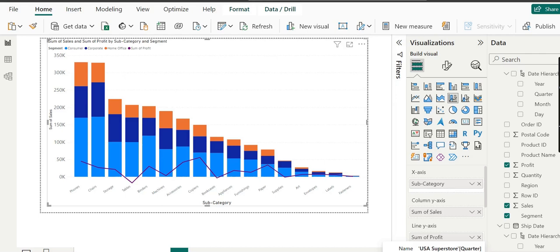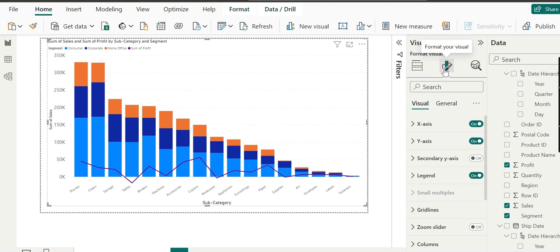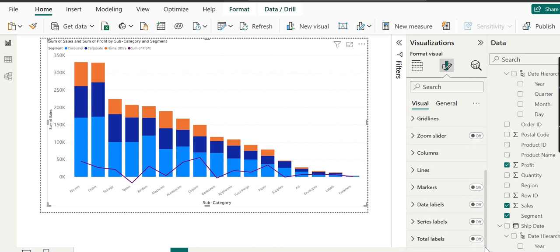In this demo, we will continue with stacked and column line charts. We will explore various formatting options and then we switch over to a line and clustered column chart instance. So the topic for this video is using line and column chart. So what we will do, we will go to the format pane and we will see different types of editing here, what we can do with our graphs.